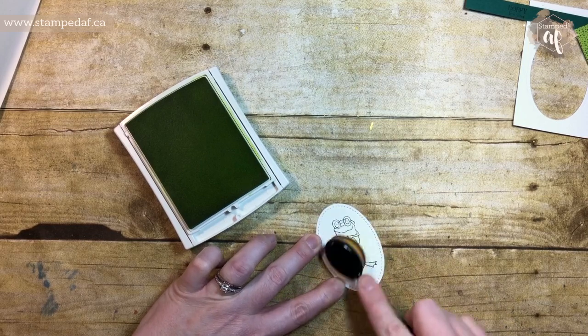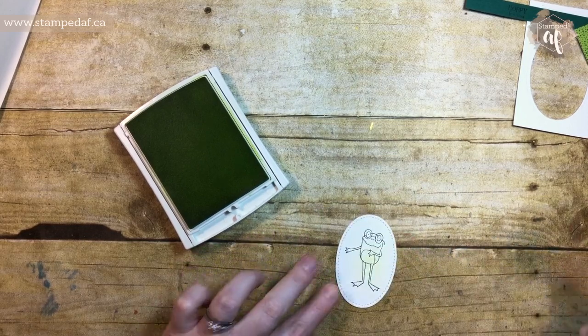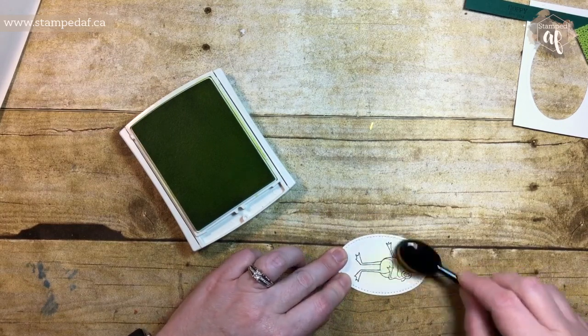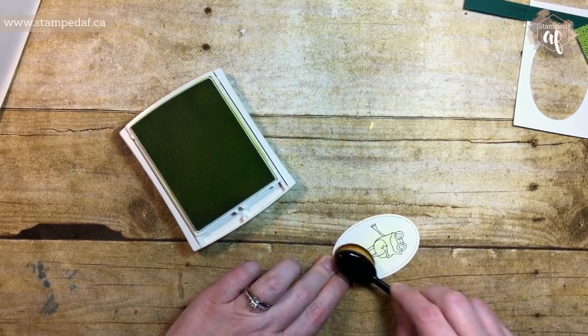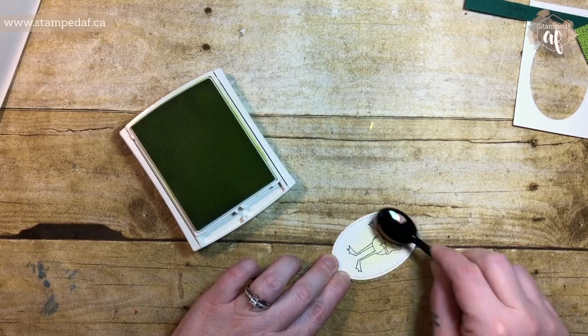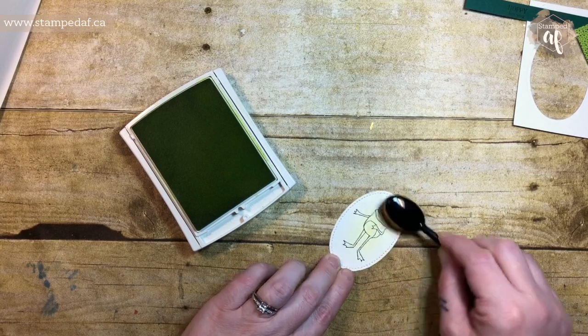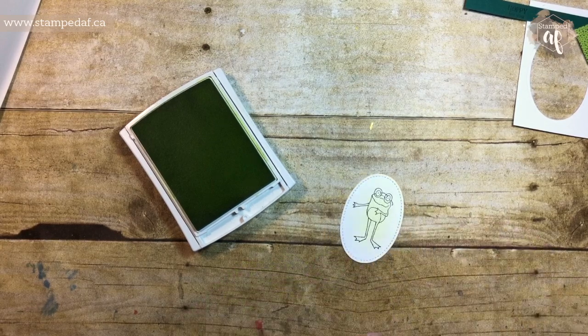And you can keep building it up. I just want a little bit of a green glow behind him. So this was $3 at Dollarama. I'm sure you could find them for less somewhere, but I wanted to test it out before I got a whole set. So check that out. And if you're skeptical like me, go to Dollarama and just get one and try it. And I just wipe off any excess ink, and so far have not found it to run into the next